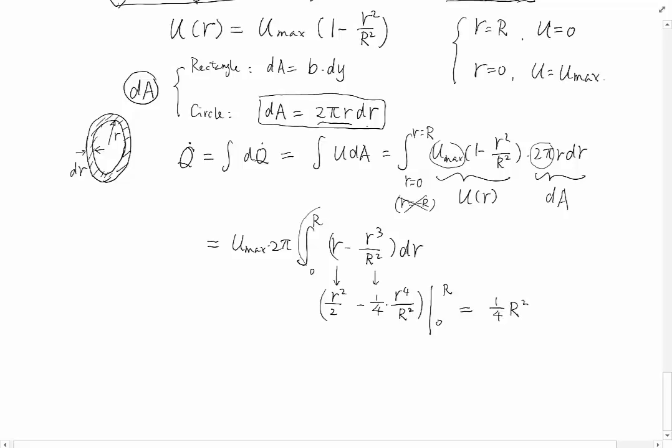Basically this whole thing is 1 over R squared. So the flow rate